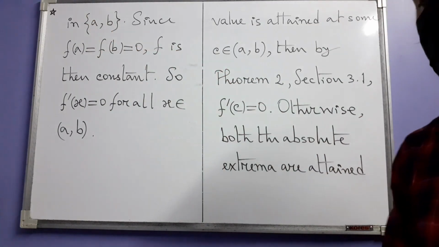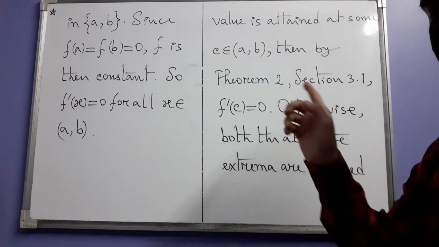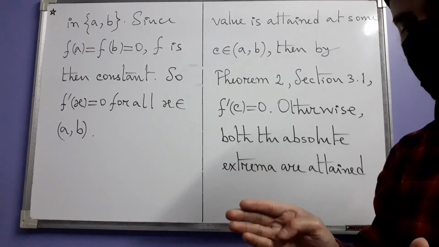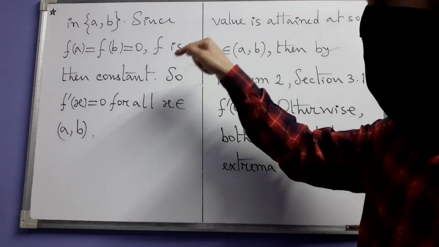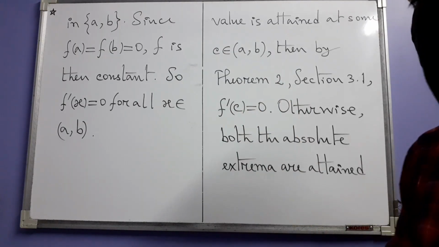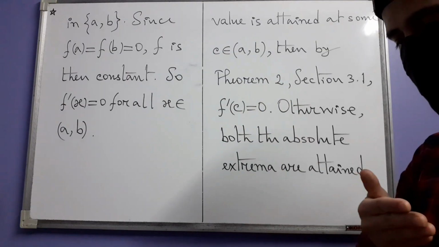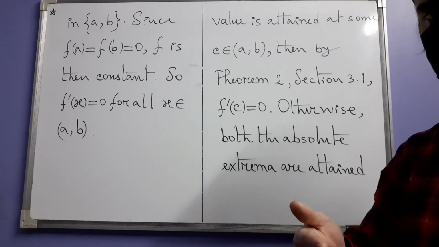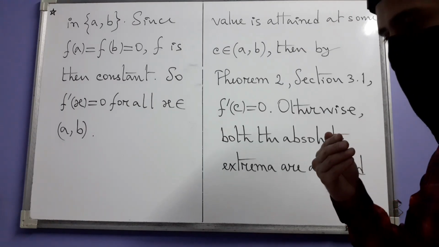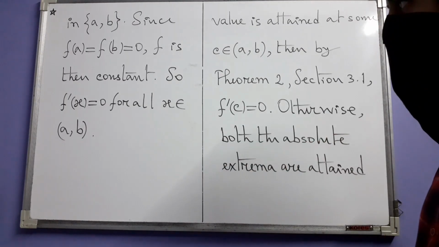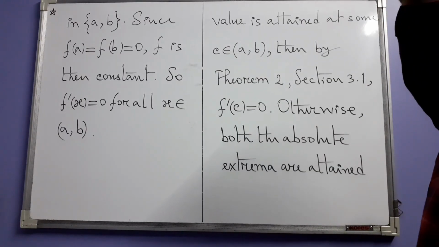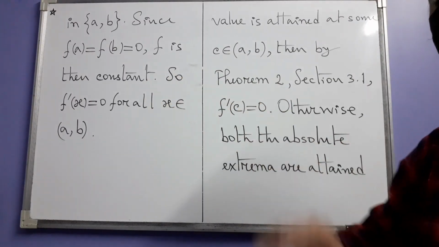However, you go back and see the statement, we have this hypothesis also that f vanishes at the endpoints. That means the absolute maximum value has to be 0 and the absolute minimum value also has to be 0. But then all the values of the function obviously lie between the absolute maximum and absolute minimum, so they also are forced to all be 0. So in this case, f is constant, actually constantly 0. We did not write that, or the authors did not write that, because